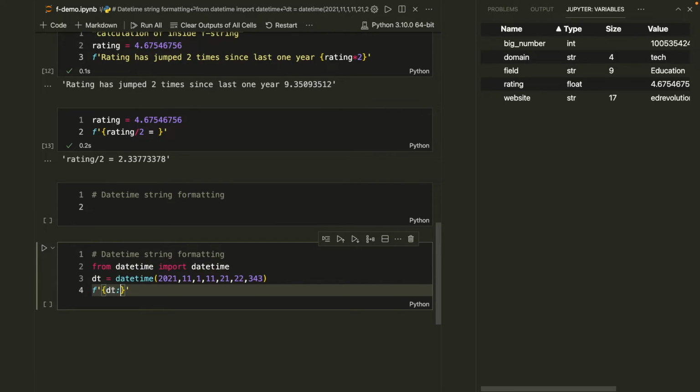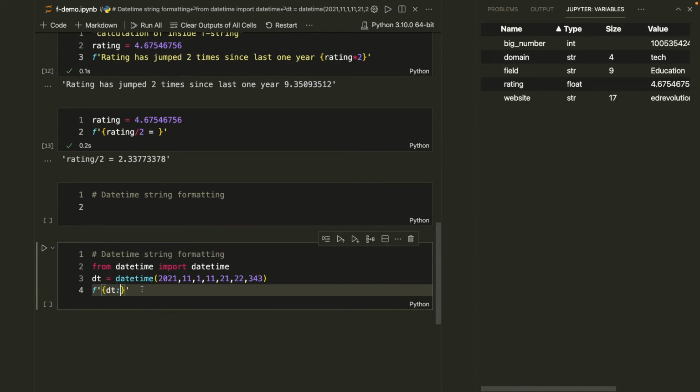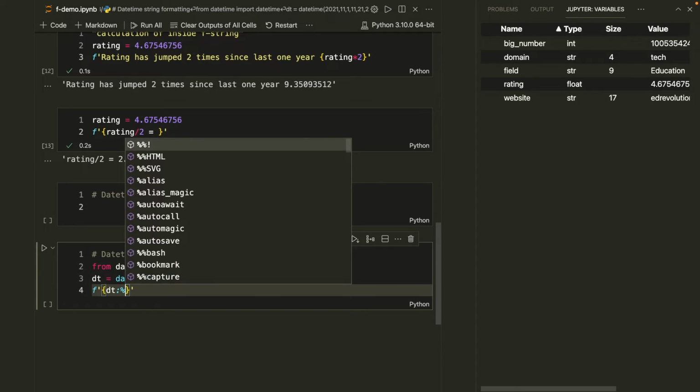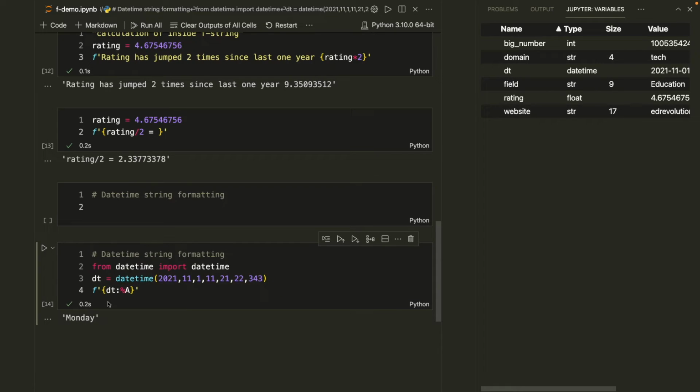So let's say this is a date and write colon. And I can do any kind of customization. That's the beauty of it. So let's say first I want to see what is the day of the week. So for that I'll write a percentage sign a. So that's another code. So now I got the day of the week, but now with the day of the week